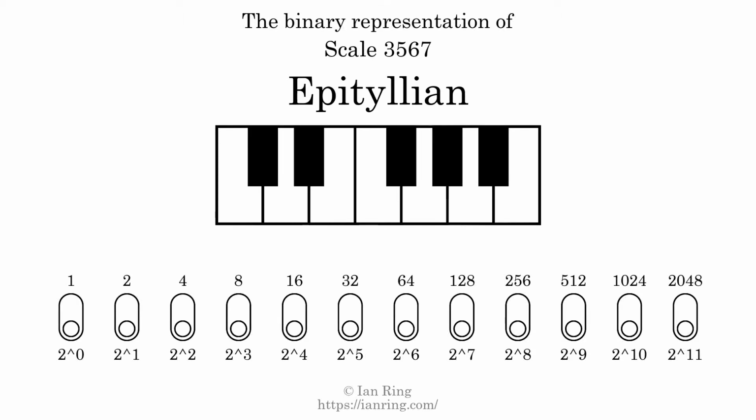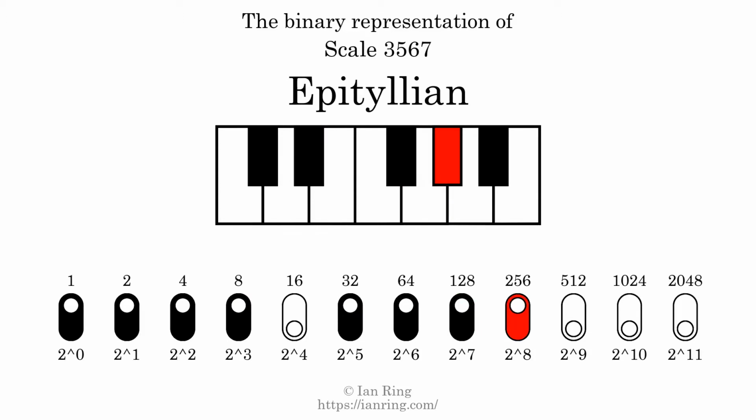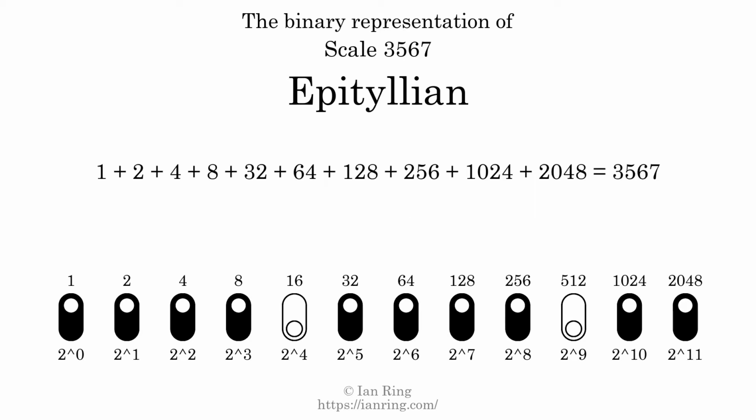The binary representation of this scale is determined by mapping tones of the scale to binary digits. Each binary digit represents a power of 2. To get the scale number, we add the powers of 2 together. The powers of 2 that are present in the scale, all added together, equals 3567. That is why the scale number, in decimal, is